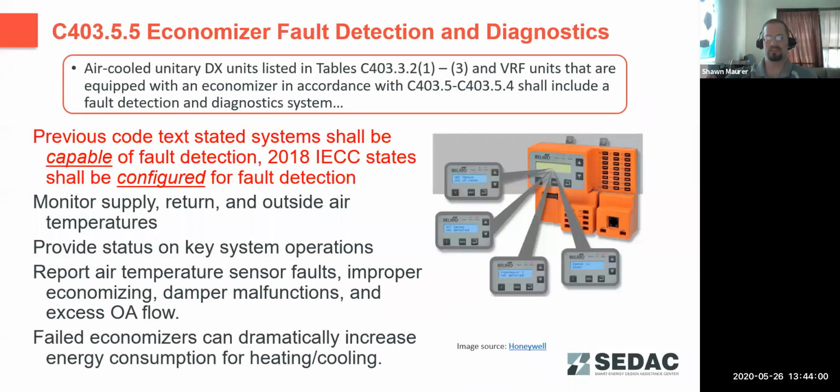Moving on to fault detection and diagnostics. This is a new requirement to 2018 IECC that kind of expands on a previous 2015 requirement that systems be capable of doing this. Now they have to be configured and it has to be working when the building is handed over to the building owner. Fault detection and diagnostics is important because if your economizer goes bad, it can lead to an excessive